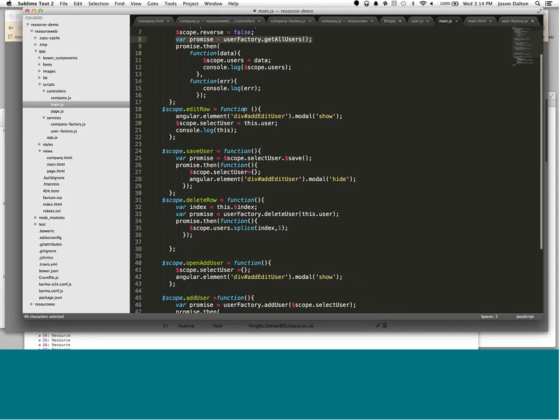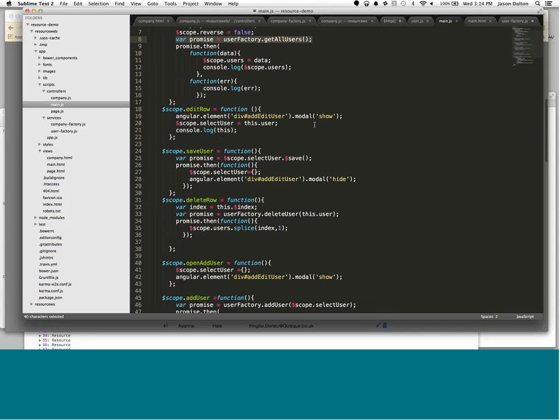What I've done is I have opened the modal that sits below it, and then I take this user. So one of the things about ng-repeat, if you don't remember from our previous discussions, is that the this on a method call on an ng-repeat is a scope item of that row. And so what I have here when I do a this is the actual scope of that row